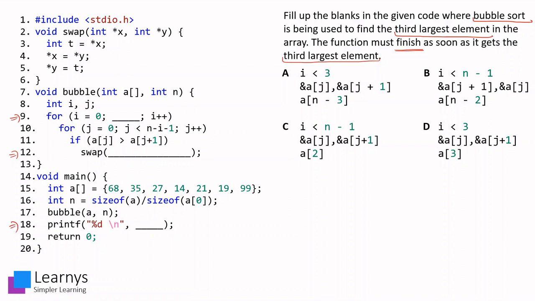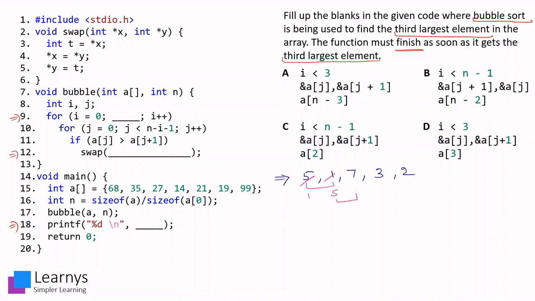So what they are using is bubble sort. And since we just have to fill up the code, we can say that it is syntactically correct. So we need to just identify those three blanks. So what happens in bubble sort? In bubble sort, we compare adjacent elements. So in the first pass, 5 and 1 should be compared since they are not in order. So we will swap them.